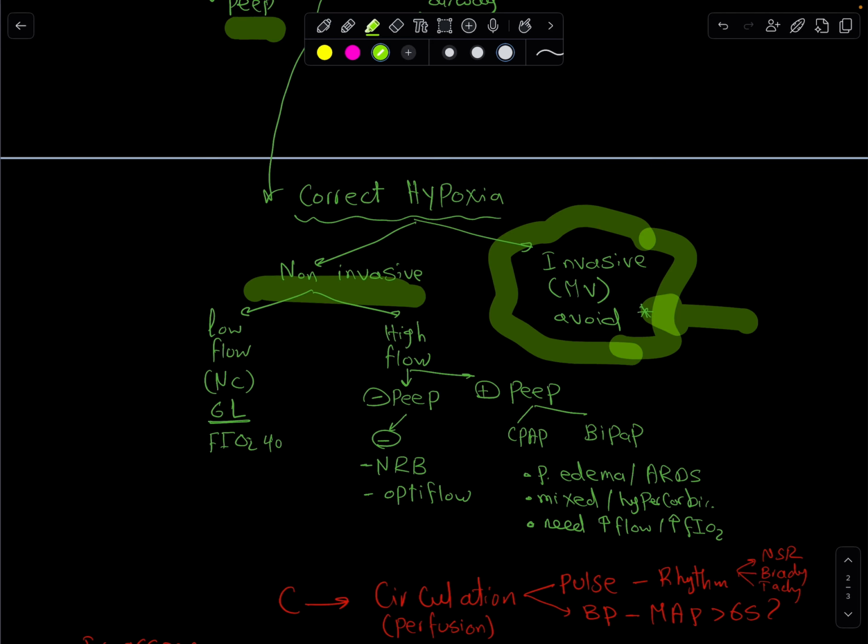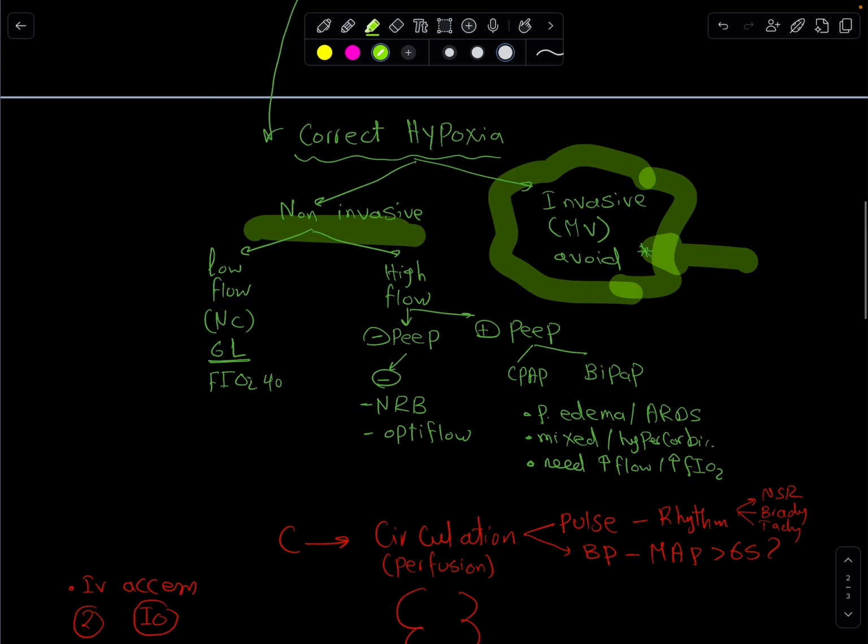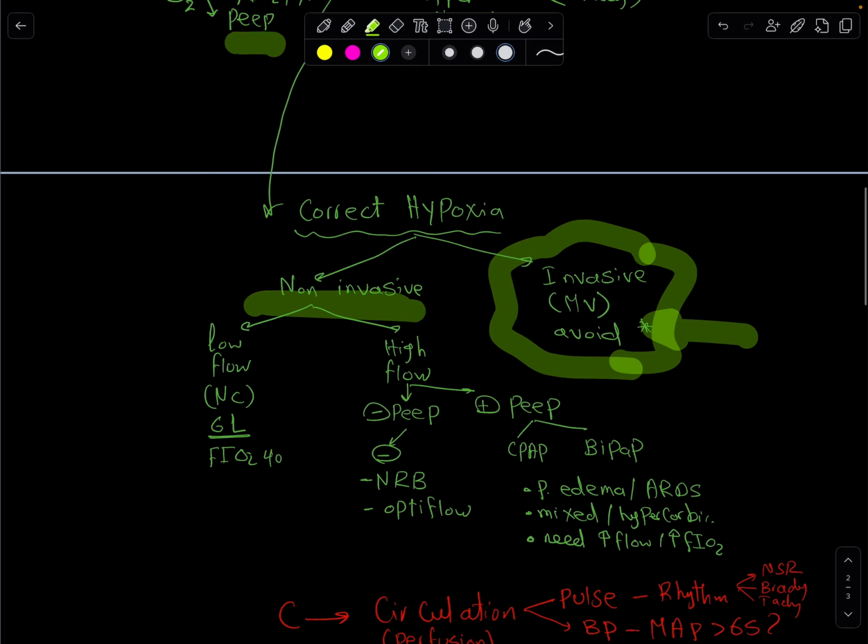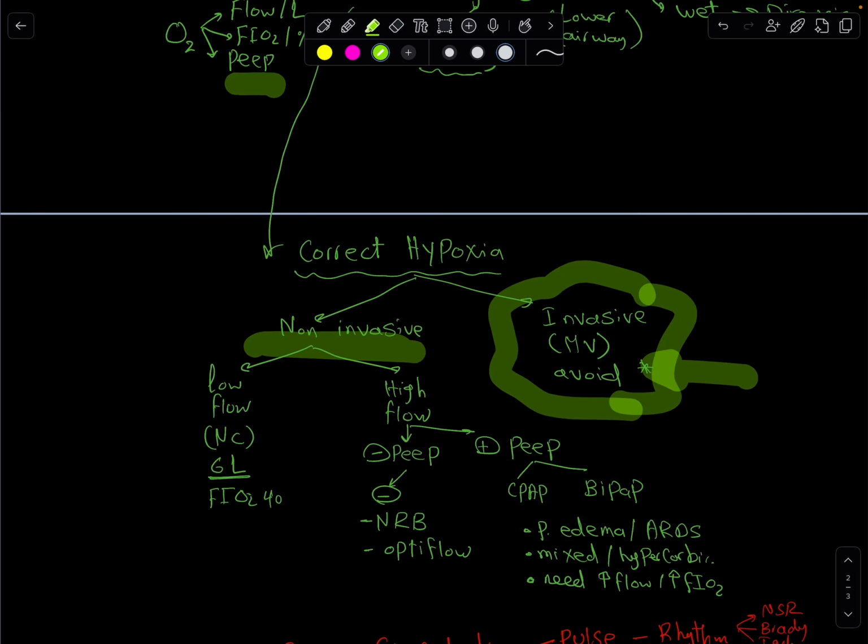If everything has failed, if the patient is not able to protect their airway, if they have severe trauma, if you tried everything to correct the hypoxia or hypercarbia and they are still very sick and might arrest, this is when you start thinking about mechanical ventilation, right? On the other side, the non-invasive part, we have two different systems, a low flow system and a high flow